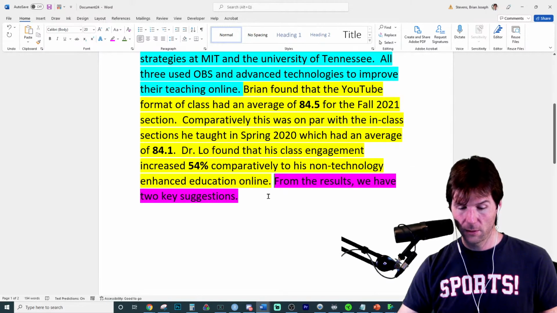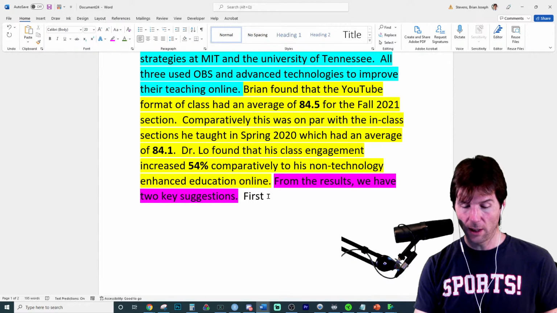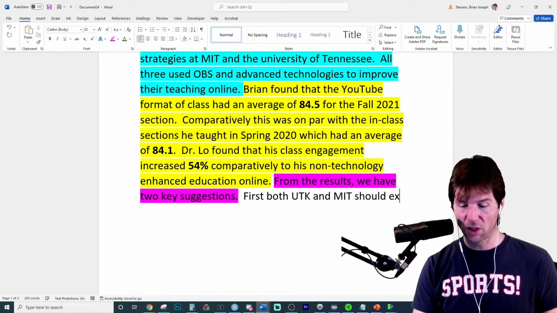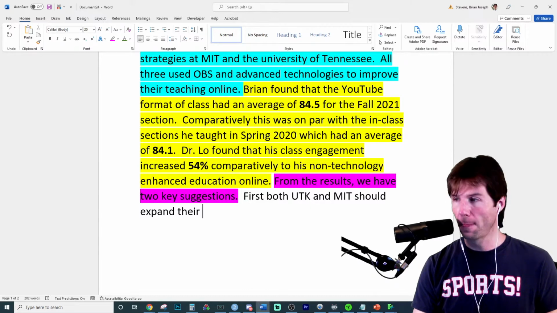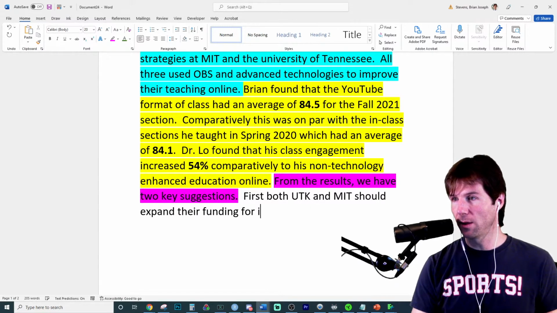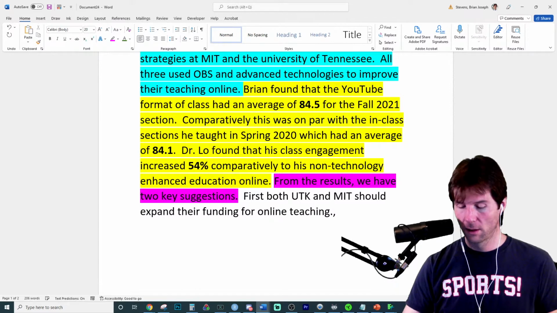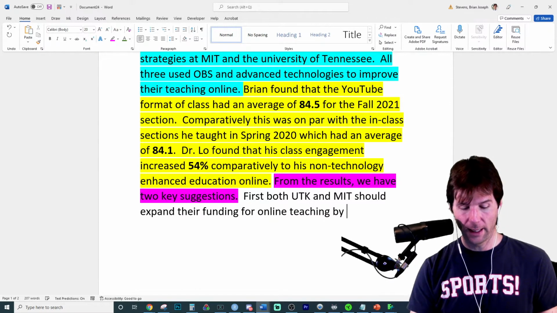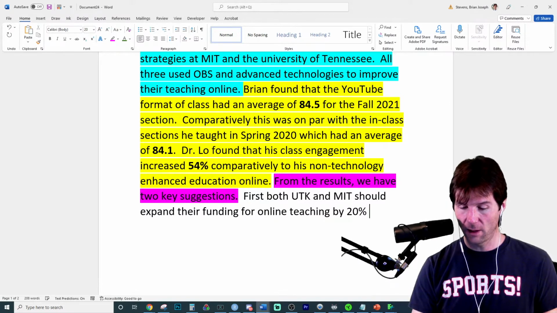And continue. First, both UTK and MIT should expand their funding for online teaching by 20% for the next semester. The last suggestion